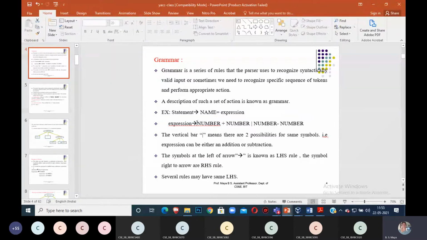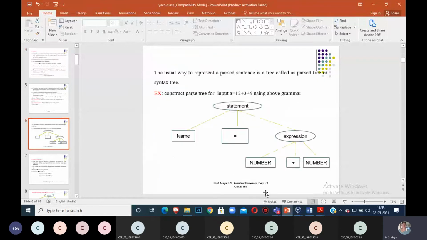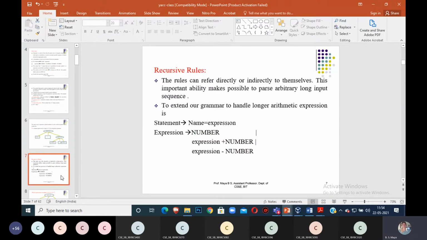You will not get any non-terminal, right? Because all are terminal oriented. Expression derived number plus number. If you have anything here to define it, I can go to the next level. Is it possible to go to the next level? Go for 3 plus 6? Not able. Then the grammar is not able to do it. Then I have to go for a recursive rule.